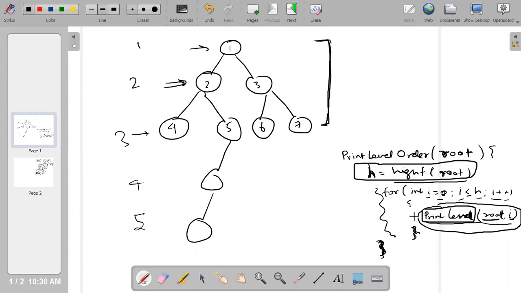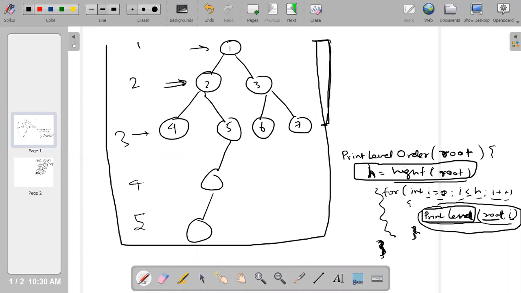Okay, that's good. So my question is now reduced: I don't need to worry about solving this level order traversal. I need to worry just about print level, where I will be giving the root node, and I want to print only the nodes which are at level i.